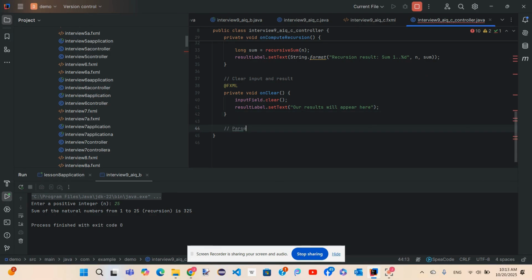Parse input, show error message if invalid.